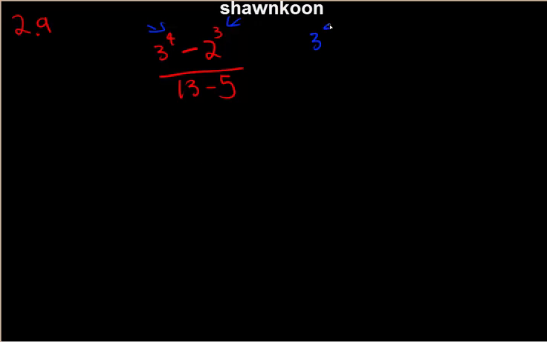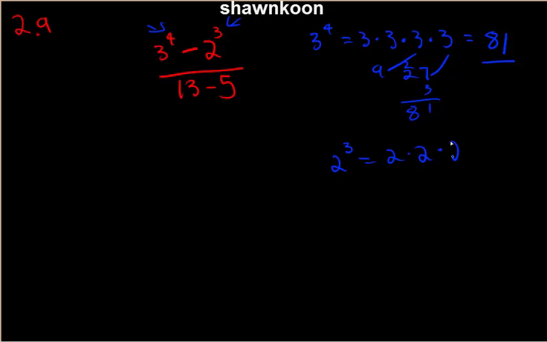So 3 to the 4th is the same thing as 3 times 3 times 3 times 3, which is what? 3 times 3 is 9, 9 times 3 is 27, 27 times 3 is 81. And 2 to the 3rd is the same thing as 2 times 2 times 2, three 2's. 2 times 2 is 4, 4 times 2 is 8. So we can just rewrite this as 81 minus 8